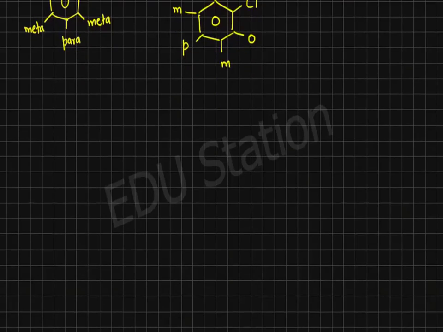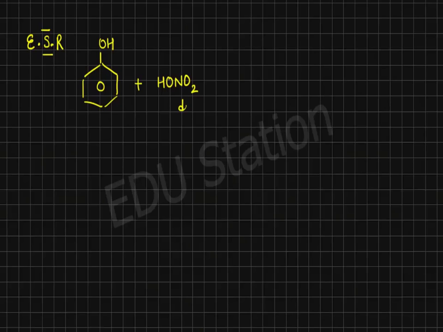Now, we will look at ESR, electrophilic substitution reaction. We take phenol, this is treated with dilute nitric acid. Just to make you understand the topic, I have written nitric acid as HNO2. Now nitration happens in this case, and